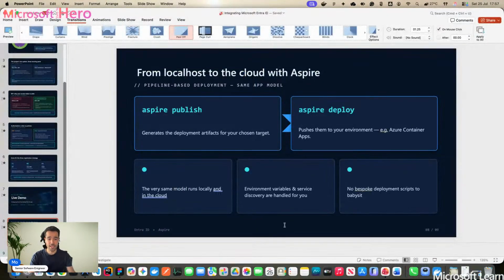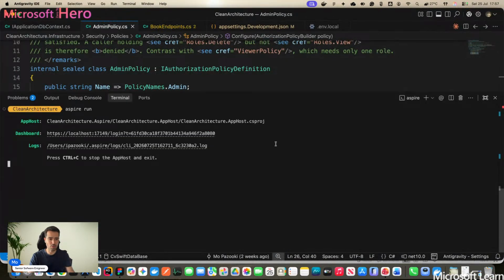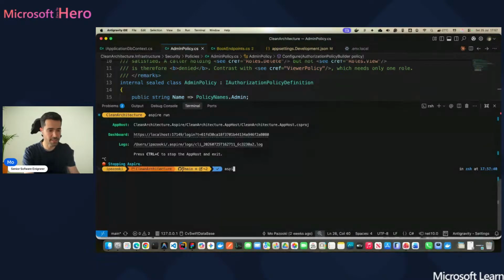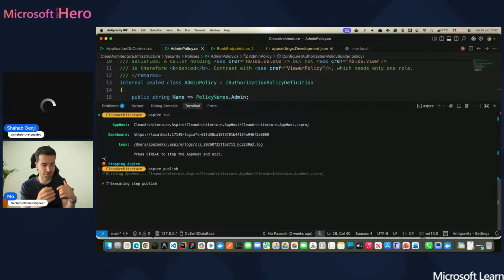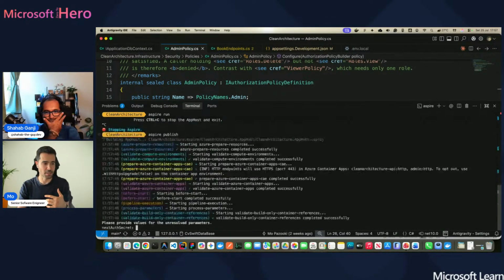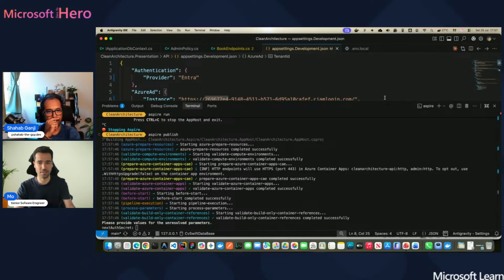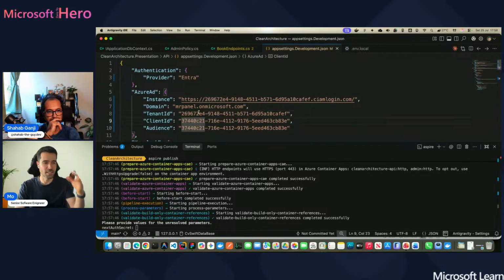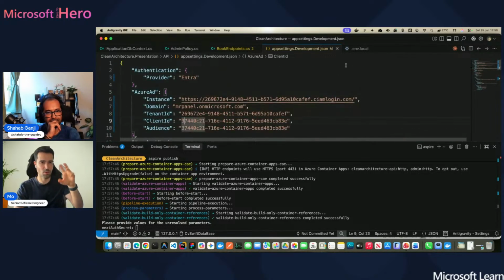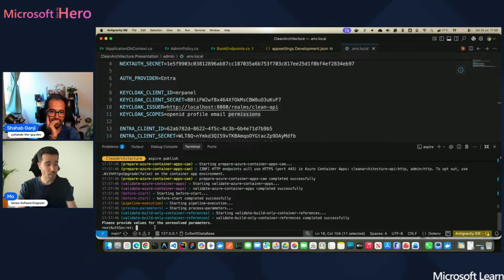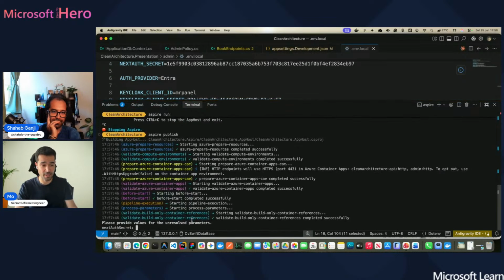But what's the difference? If I go to the command prompt, let me start the application. If I write spire publish, which should be first, we can of course directly type spire deploy, but first it's better we write spire publish. And here's the thing: when you write spire publish, it just asks for all these secret information. For instance, as you can see, tenant ID, audience, client ID, whatever, all these secret information here. So we just type them once here. I'm not going to go through it because it might take up to 40 minutes to deploy the whole